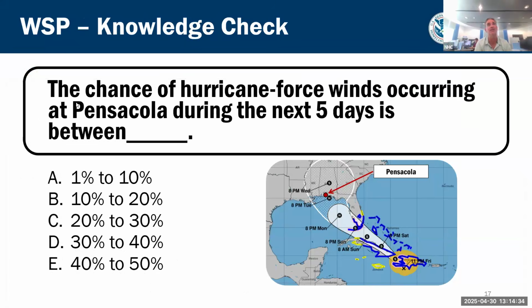So it looks like the votes are coming in. They look pretty evenly distributed right now. We're going to let these come in a little while. Right now it looks like C's in the lead, so a 20 to 30% chance, and D's pretty close as well, but pretty even distribution overall. Again, this is only by feel. We're going to reveal the answer coming up in about 10 minutes, so we're going to make you wait a little bit. All right, it looks like we got most of the votes in, so I'm going to go forward. Hang on, we're going to reveal the answer in just a bit.